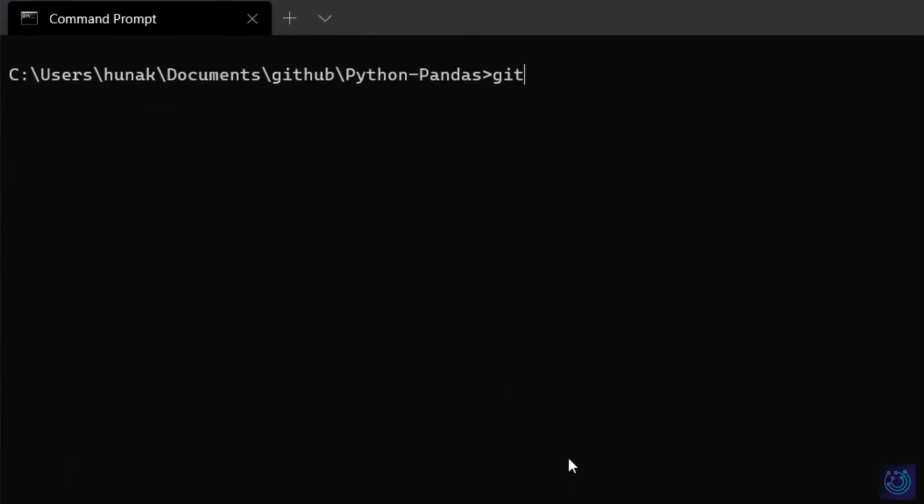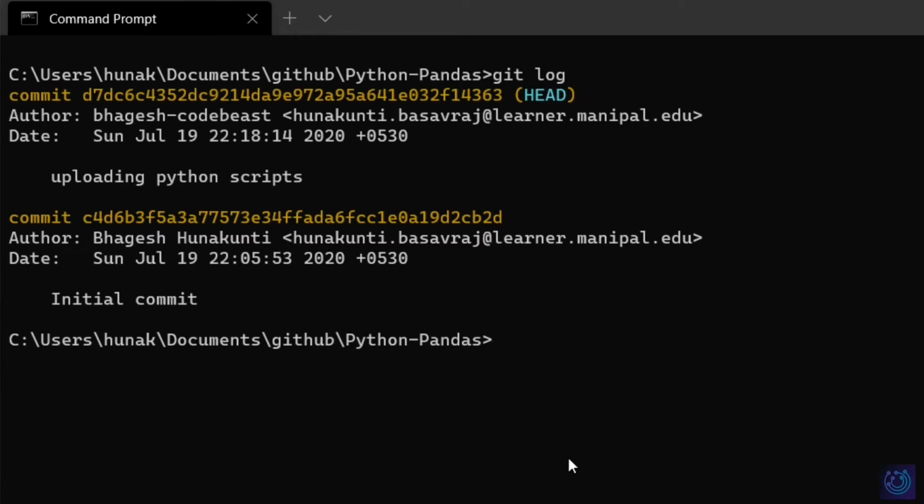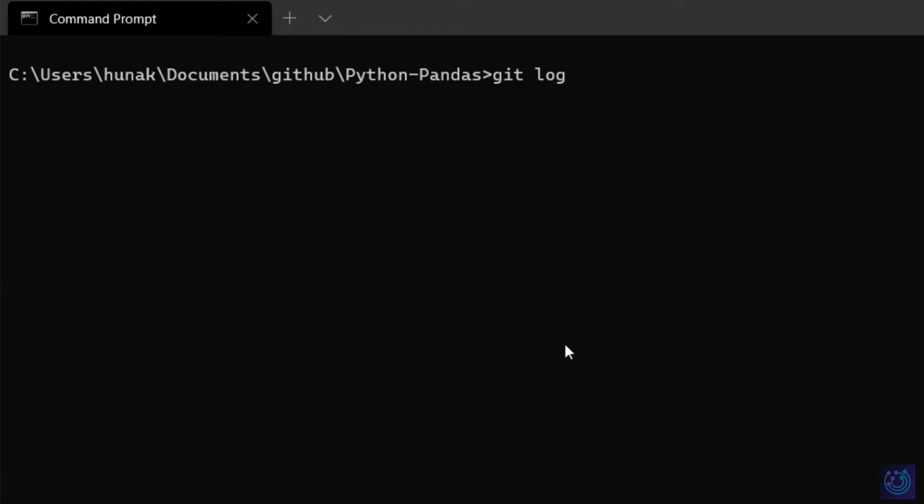And the next command which we learned was git log to check the logs of all the files, all the changes, all the commits which we made in the local repository. And just in case git log is too long for you and you have too many commit messages, you can just type in git log --oneline. And the last command which we looked at was git checkout followed by the ID of whatever you want to revert back to, and git show followed by the ID to view the changes which you made during that commit or during that session.